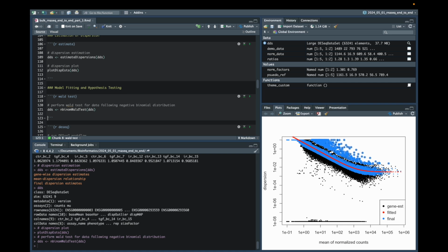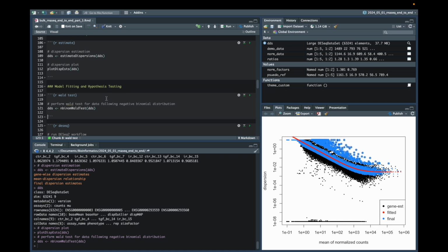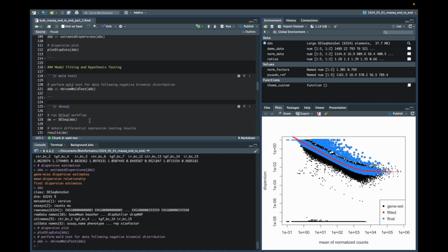So that's it in terms of all of the considerations for the DESeq workflow. Now, luckily, rather than having to remember these three functions and their sequential order, there is a convenient function in DESeq that will run all of these for us. So effectively, what we can do is, rather than running the last three functions that we've seen and assigning the outputs back to DDS, we can just run DESeq on the DDS object and assign that to, in this case,